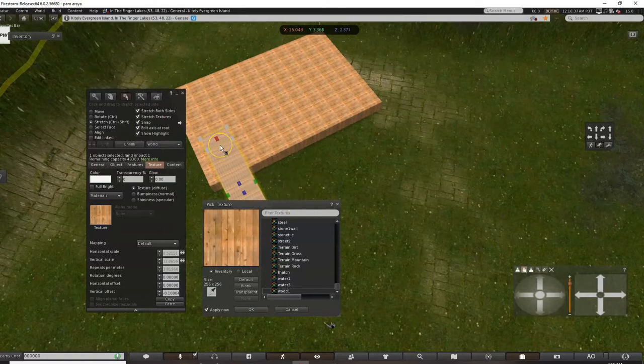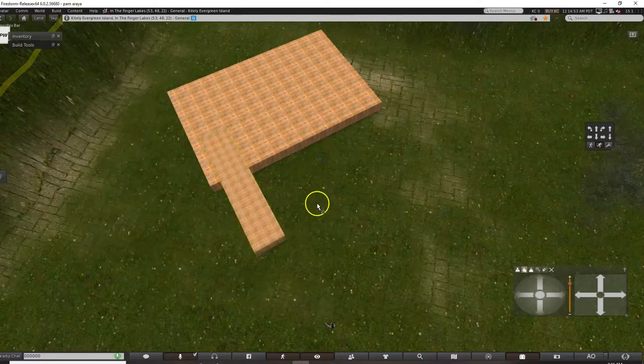And you know what? Yeah, okay, so I'm gonna do this side first, and then I'll do the other side. And we probably don't need that many repeats. We want the wood to look somewhat similar. Okay.